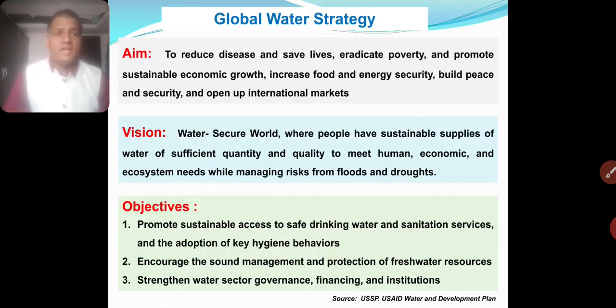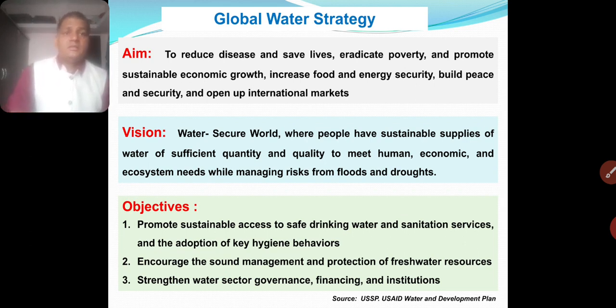Afterwards, we can look at the global water strategy. What strategy have they given? What are the aim, vision and objectives? In the global water strategy, the aim is to reduce diseases and save lives, eradicate poverty, promote sustainable economic growth, increase food and energy security, build peace and security, and open up international markets. I think everybody agrees with this. This is a very nice statement given by USAID